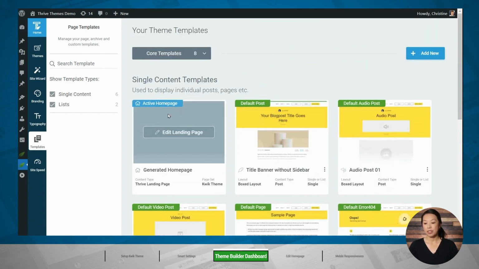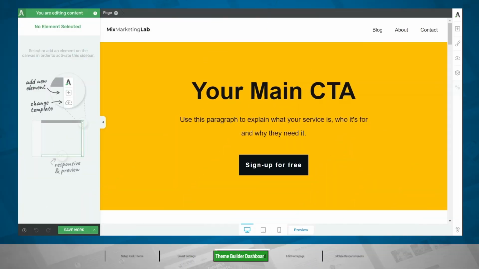So let's go to the active home page and let's click Edit Landing Page. So we are going to go through this entire page section by section and customize it. For this demo, let's pretend that we are creating a home page for a service-based business, such as a marketing agency. Now, every business is different, so there may be sections or blocks that you don't need, in which case